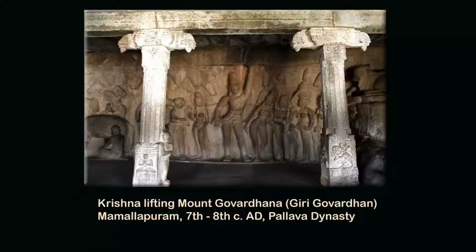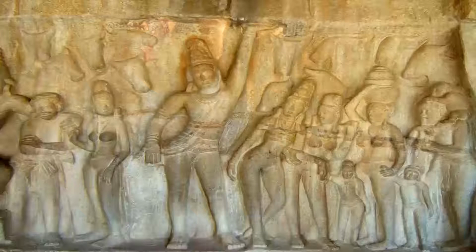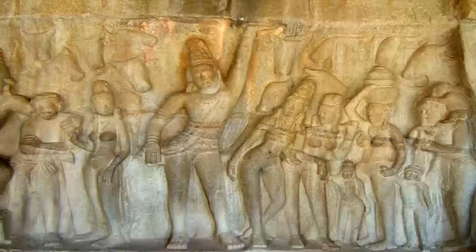Another very important relief panel that we find at Mamallapuram is Krishna lifting Mount Govardhana, which is popularly known as Giri Govardhana. And you may see, if you are looking at this relief panel carefully, that while Krishna's iconic figure is all right, I mean with his left hand he is lifting the entire hill up to save mankind, one must look at the adjacent figures, one must look at the secondary figures, and many of them are there in this huge panel,